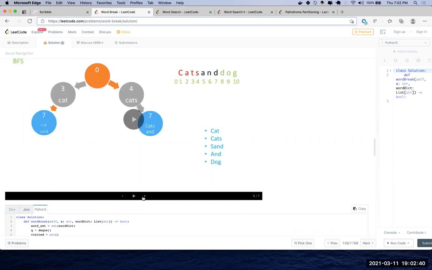Now that is why, when I started backtracking, I wanted you guys to visualize what is happening in each tree. When you did the question on brackets, you also did the same thing. You were trying to generate all possible words, and then cutting off at some places. Same thing you're doing here also. You're trying to generate all possible first words, and if that word is not there, you're cutting it off.